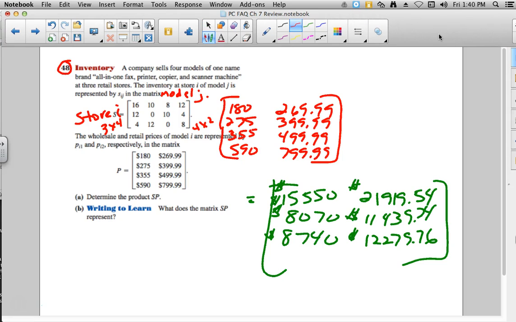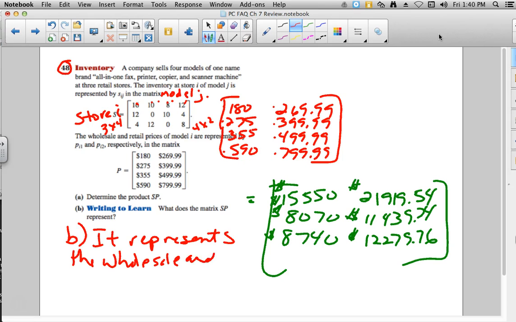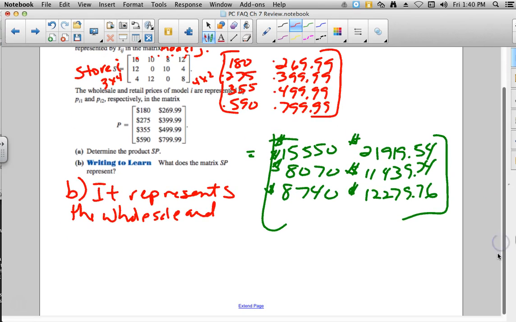Well, we just took their inventory of these models times these prices. And then we took the inventory times these prices. And the first row was the wholesale price, and the second row was the retail price. So what we just found for part B was, we can just put, it represents the wholesale and retail values